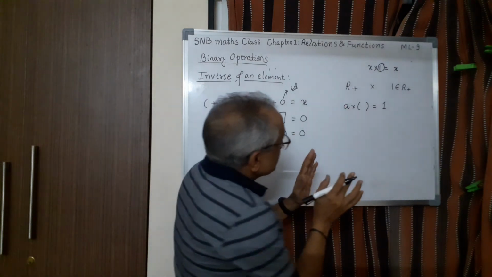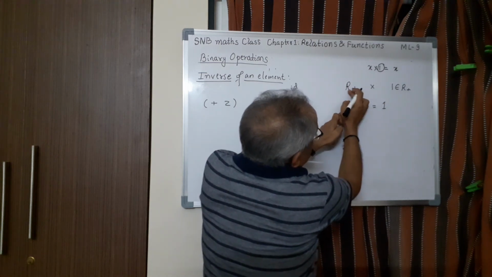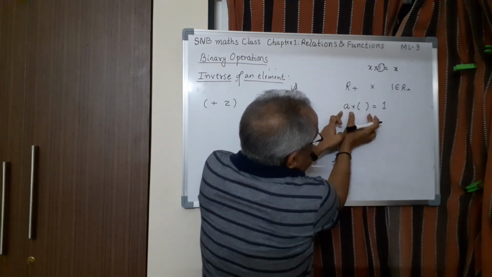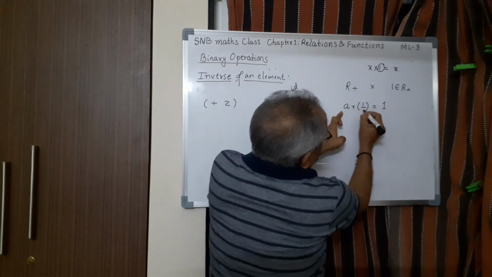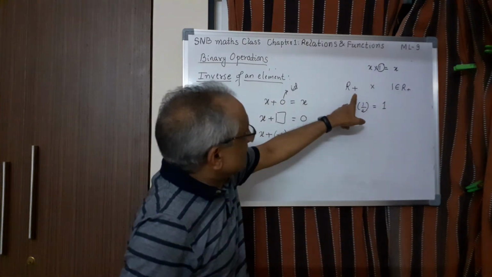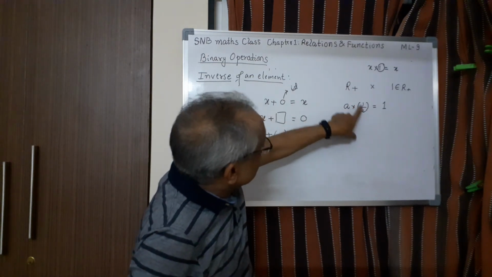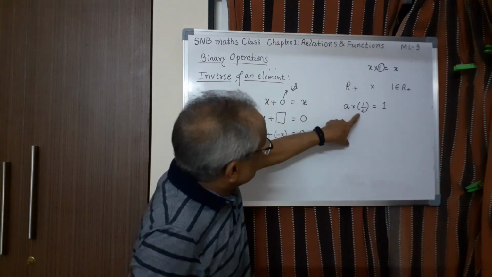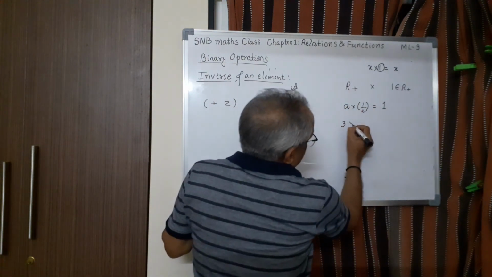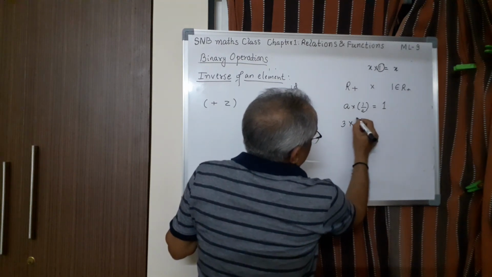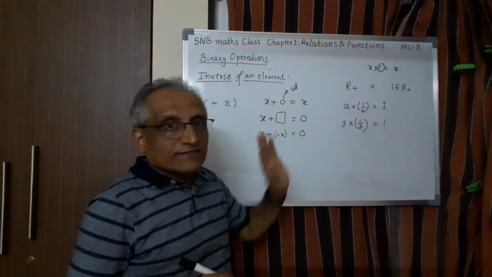So now you think A is any real number and there must be another real number which belongs to this set, such that when you operate these two, you should get 1. What is that? It is 1 upon A. And remember, therefore I have made it R plus. You take any real number A, 1 by A also is here, and A into 1 by A is 1. For example, if I take 3, then 3 into 1 by 3, this is 1. So this is called the inverse.